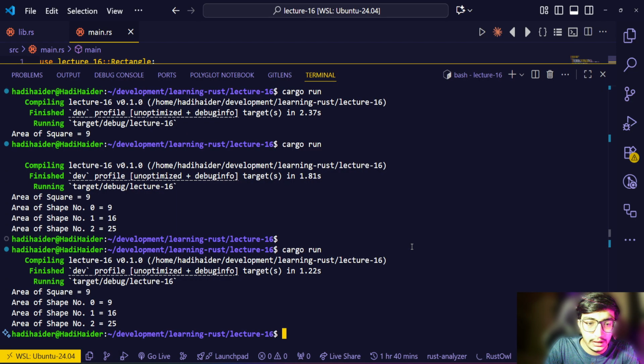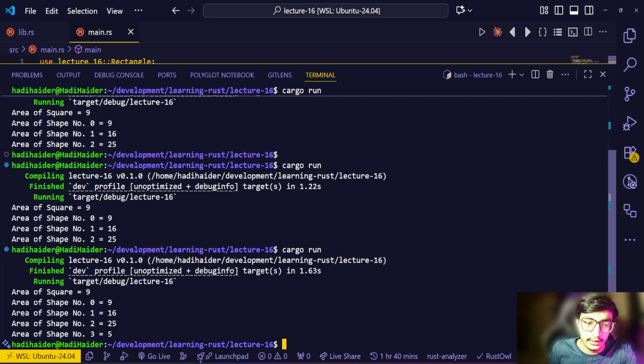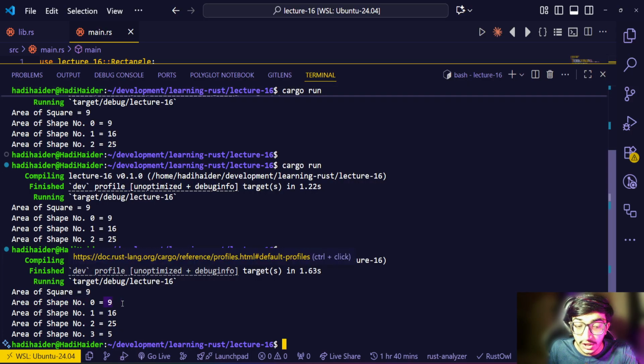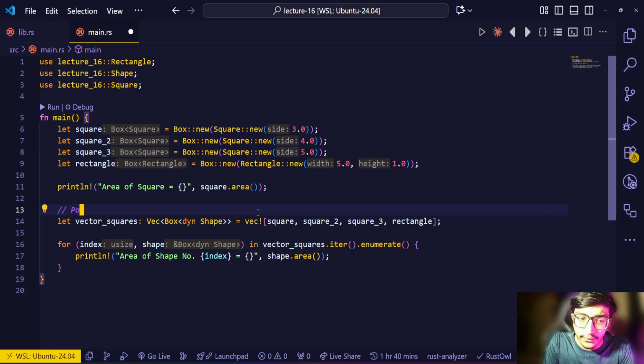And if I want to rerun the code here, the code is written instead of shape. Yes, shape number one. Area of shape number one, the shape number 0, 9, 16, 25, and 5 multiplied by 1. So here you go. You can consider this concept as polymorphism,